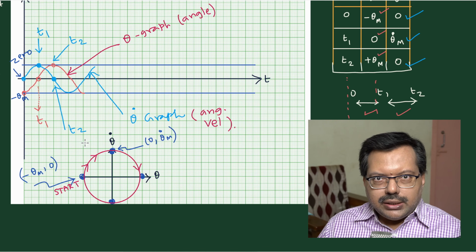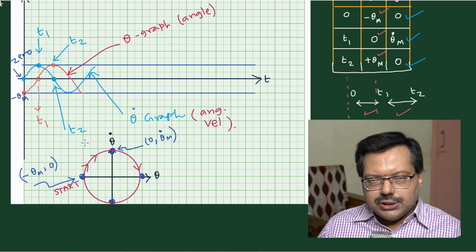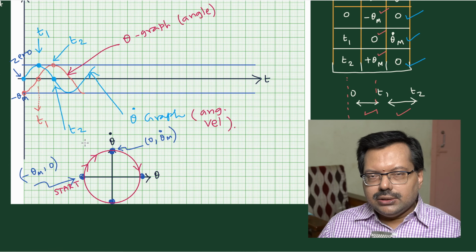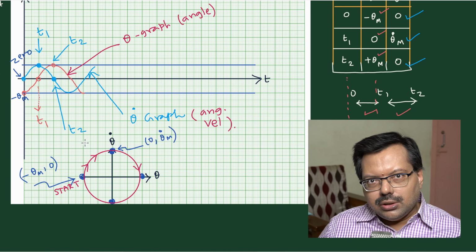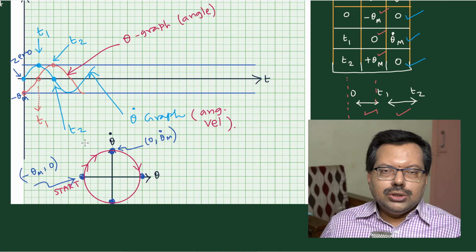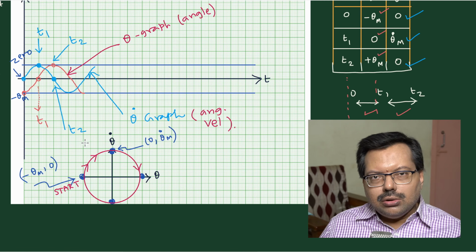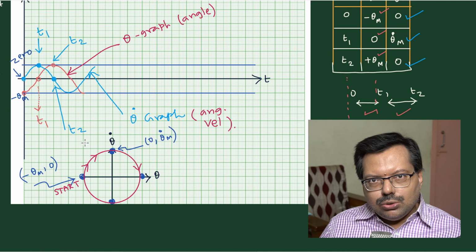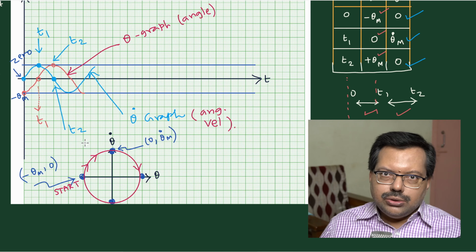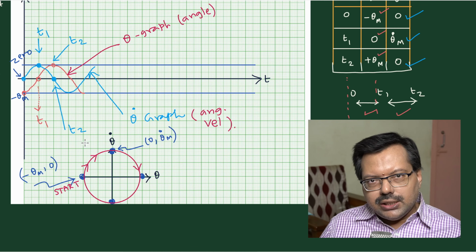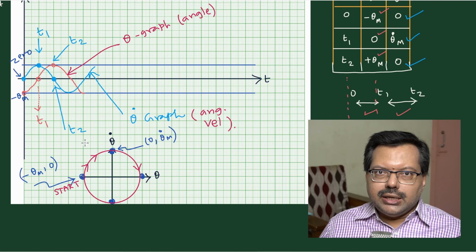Once this is clear, then the rest of the practical problems you'll have to do with the help of a computer. Practically speaking, if you want to plot the phase space diagrams of many of the systems, you can't do it with paper and pencil. Except for very simple situations like this simple pendulum, you can't do it on paper with your calculator. You need the help of a computer, which means you'll have to write a program to solve the differential equation, and then the solution will be a collection of numbers. So that tabular column you'll have to take to a plotting software and then plot it and see. That amount of exercise is there in order to generate the phase space diagram.